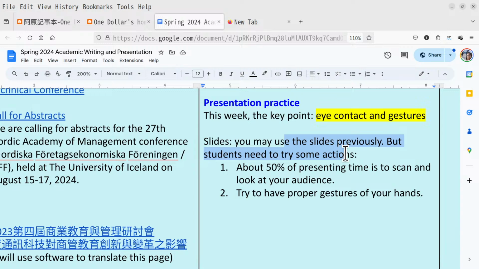The body language is very important. Yeah, but we Chinese students knew that, but no professors, no high school teachers, no students emphasize this part. So I'm very glad, because